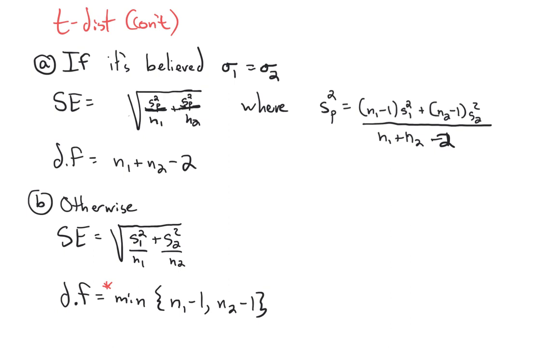In the book, and if you use a computer program, they use a little more complicated formula to determine the degrees of freedom. So we're always going to underestimate the degrees of freedom, or I should say we'll never overestimate the degrees of freedom. We may underestimate it. In fact, most of the time we will. And we'll just take the minimum of n1 minus 1 and n2 minus 1. So I just want to make a note here. This is a conservative